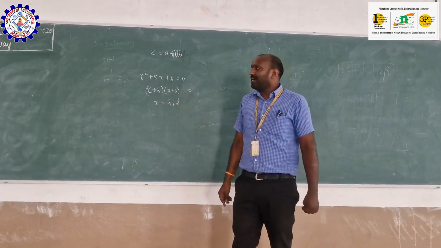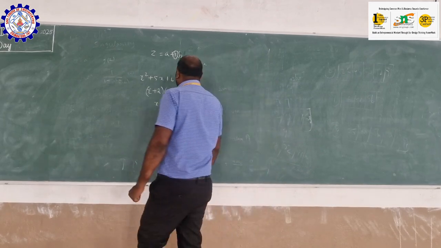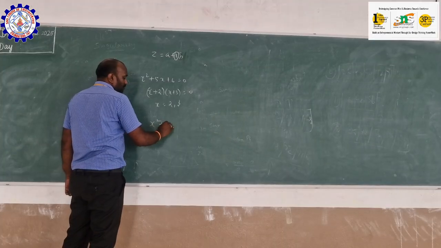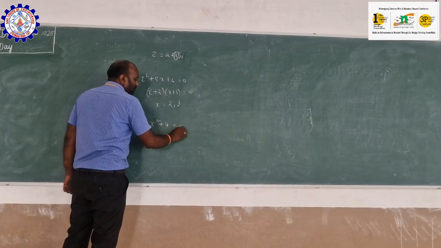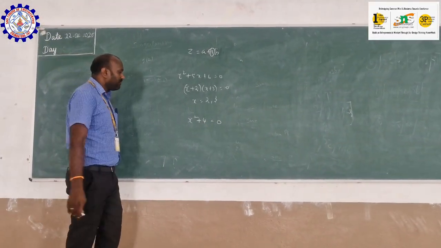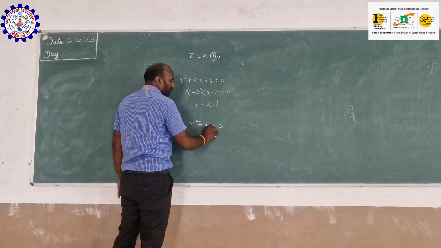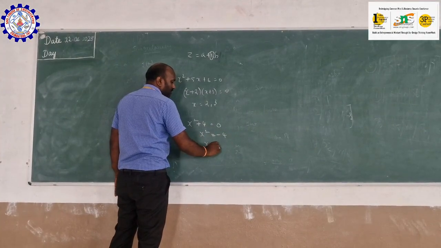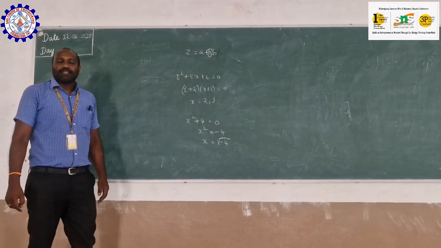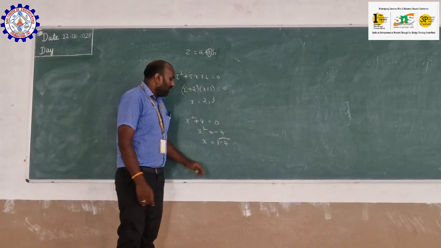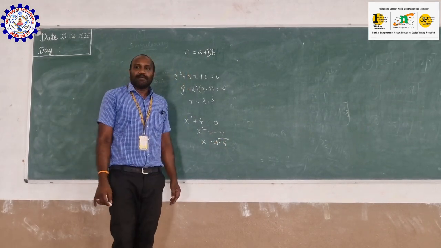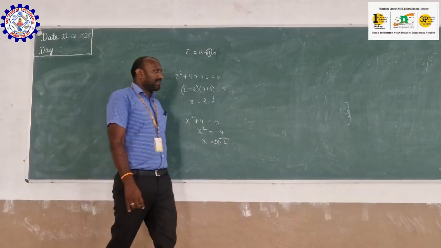Now take another quadratic equation: x square plus 4 is equal to 0. In this type of equation, usually we write x square is equal to minus 4. Then x is equal to plus or minus root of minus 4. See here, the root value has a minus inside. Then what to do? In such a case, we have to